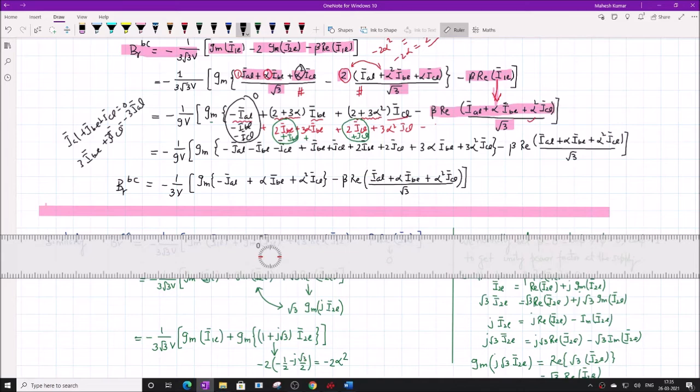plus 3 alpha IBL. So 3 is common here. So I can say this is 3 here and this is 9 here. So then 3 goes with this, common, it becomes 3. So finally it becomes 3 only. Okay, so it becomes here imaginary of 3B.